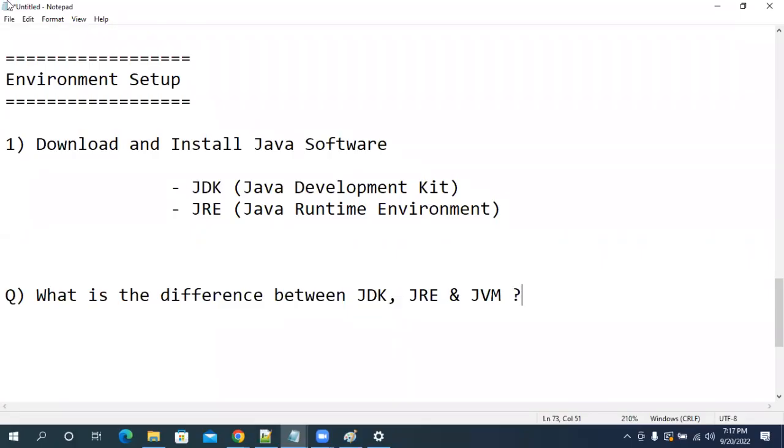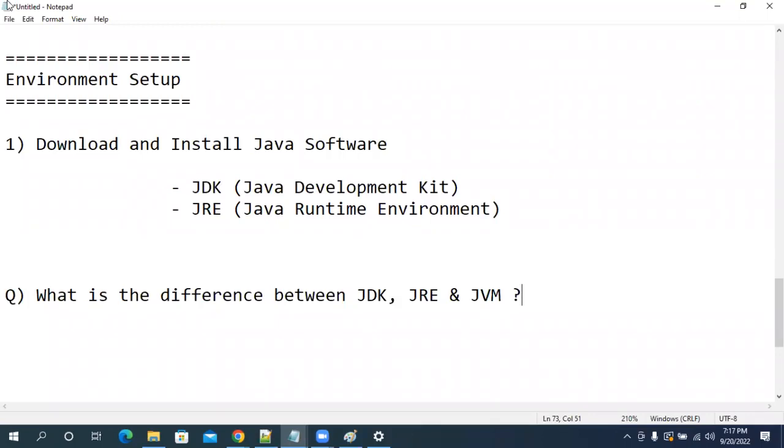JVM stands for Java Virtual Machine. It is going to take care of your program execution. JRE will provide the platform, but actually who is going to execute it? JVM. JVM will take your bytecode. JVM will allocate the memory. JVM will convert your bytecode into machine understandable code.